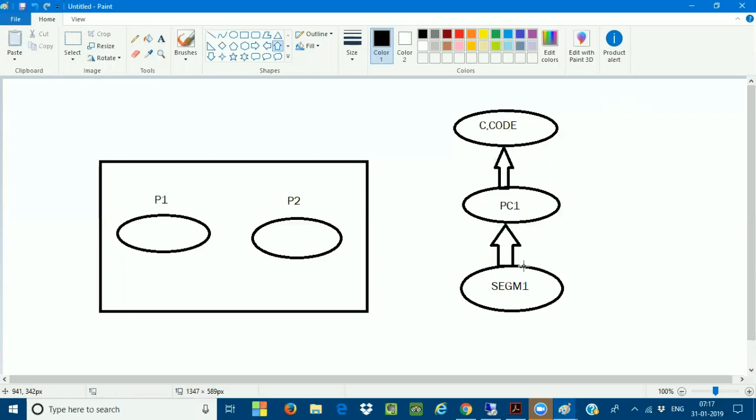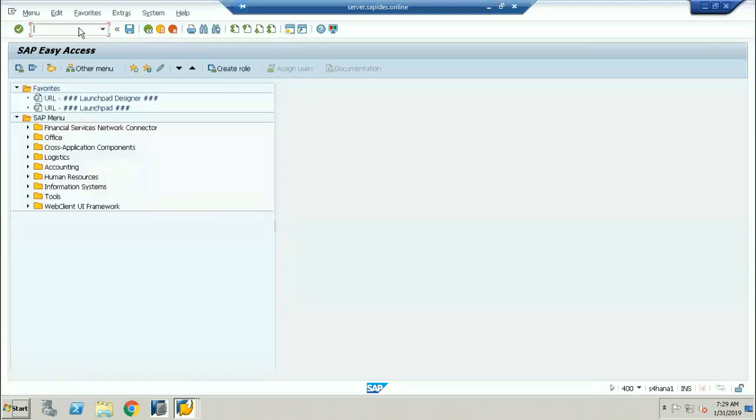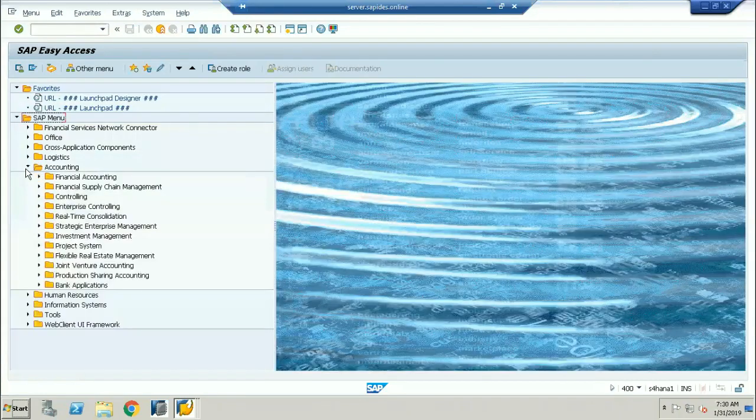So at the line of business level, whatever segments you have, yes, you are right. You can also create the segment level for the line of business, and these lines of business can be assigned to the profit center, and profit centers are going to be assigned to the company code here. Now, if I go to the profit center, if I have various profit centers there, I go to the profit center accounting,